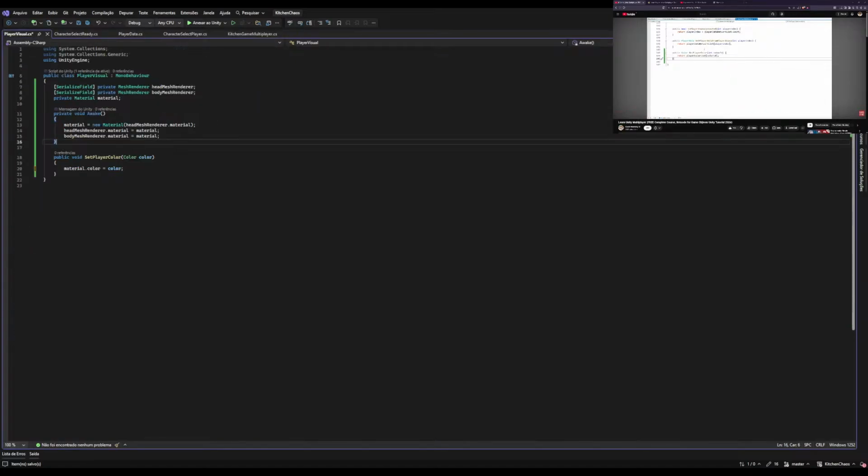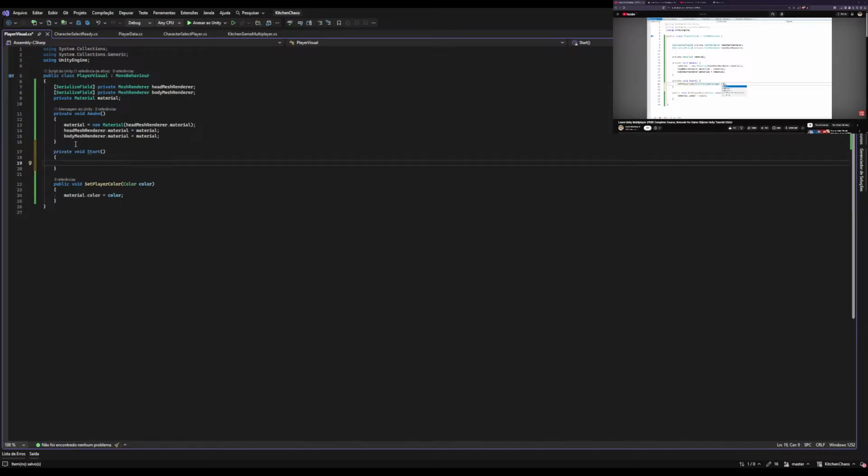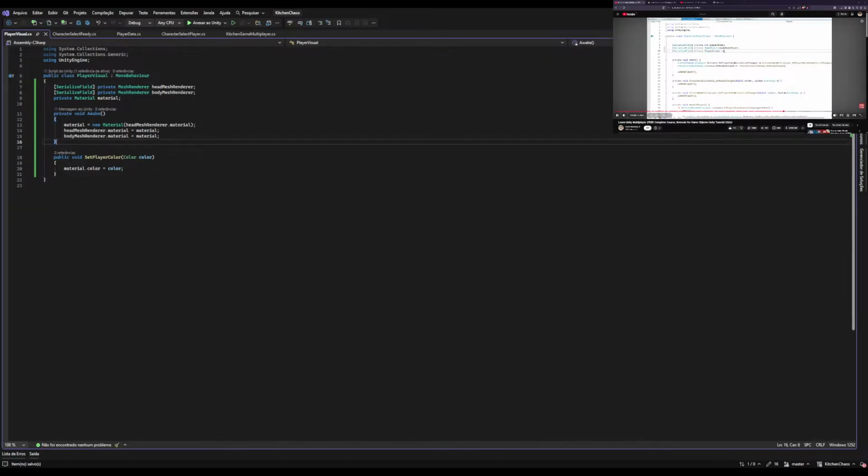Okay, so with this we have a color, and over here we can go into the KitchenGameMultiplayer, the instance, and get the color, and we need a color ID, and for now let's use the player ID as the color ID. But again, over here we have a problem, we don't have any player ID, so we can either make a function to set the player index and store it over here, or we can just call it from elsewhere. So actually, instead of setting the player color over here, let's go over here onto the CharacterSelectPlayer, and let's add a player visual,